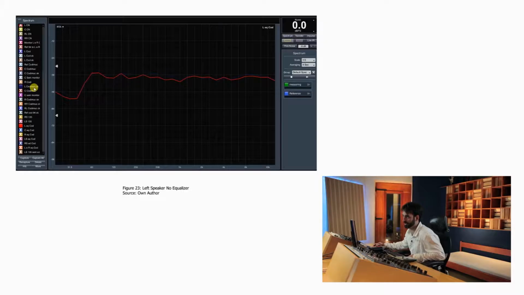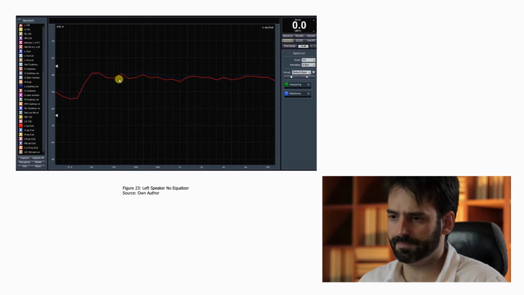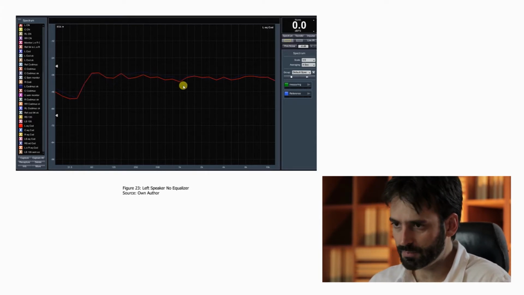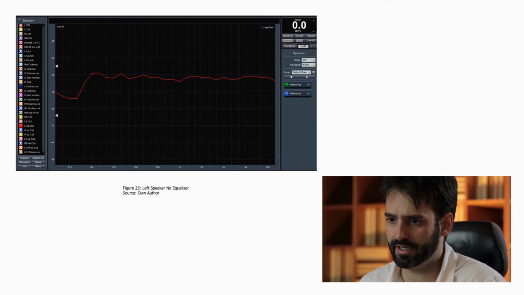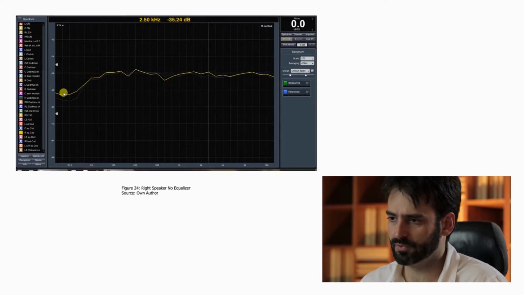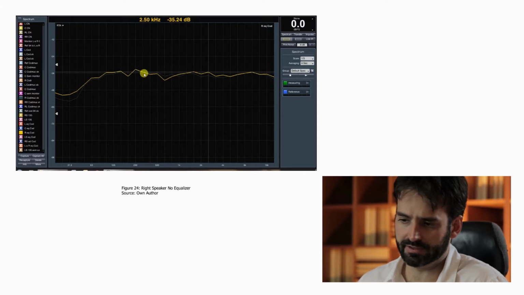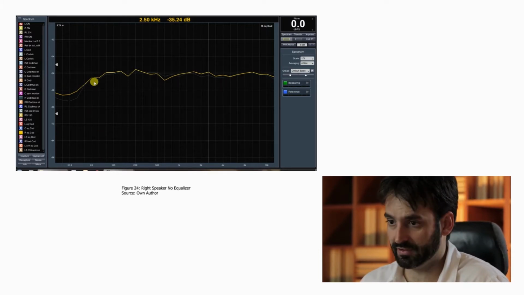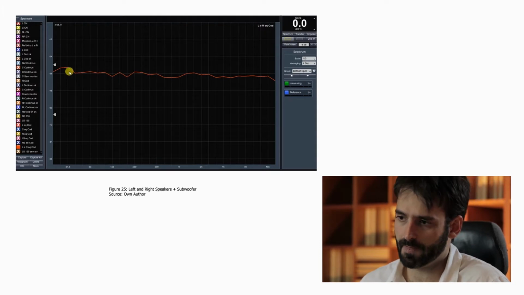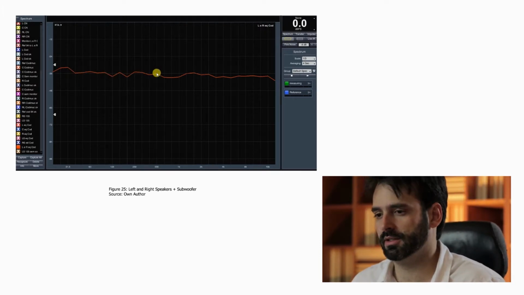The results of the frequency response from the monitors, left and right, can be seen in the following picture. The first one is our left monitor with no EQ, and here we have the right monitor with no equalizer too, right? And here is 63 hertz, and we have it with the subwoofer. Here's with the subwoofer, and here with EQ, a little bit of EQ,